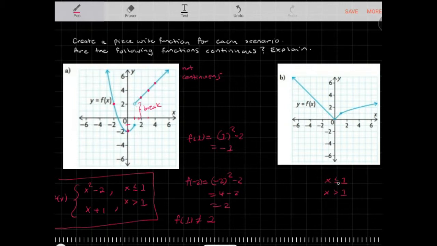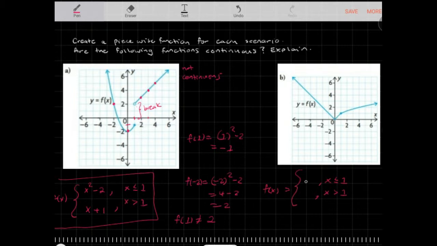Now you could also switch it up. You can make it x is less than 1, x is greater than or equal to 1. It'll give you the same result. But you can notice here that the hole that was once present is basically being filled by the other equation. So for x less than or equal to 1, I'm going to make the function